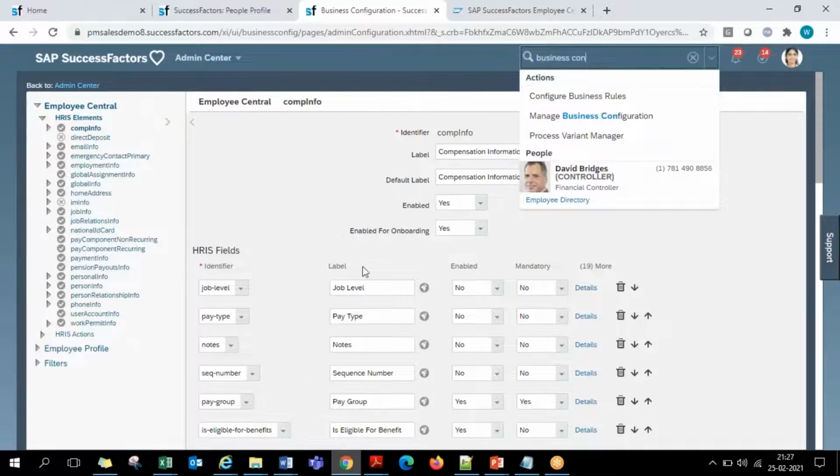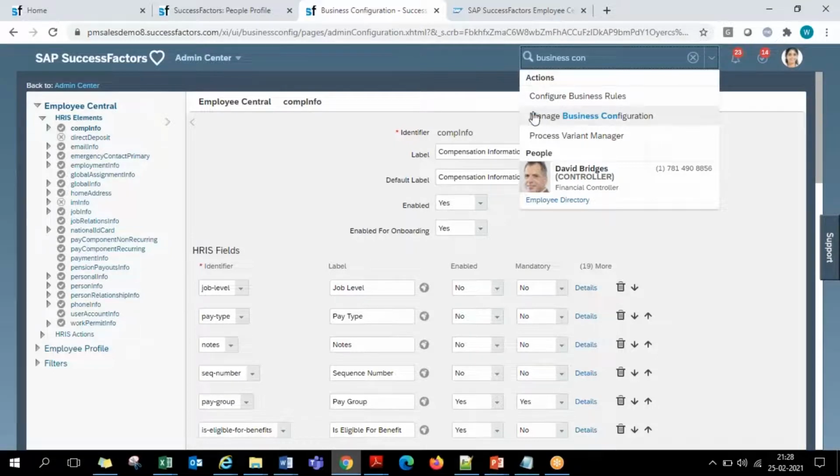Here on the front end, if you make any changes, that will update the XML in the background. If you make any change in the XML and upload it, that will automatically refresh here on the front end. So these two places, the data model XML and the front end Manage Business Configuration screen, are bidirectionally synchronized. A change made in one place will automatically be updated in the other place within a fraction of a second. So it's all bidirectionally synchronized, guys.